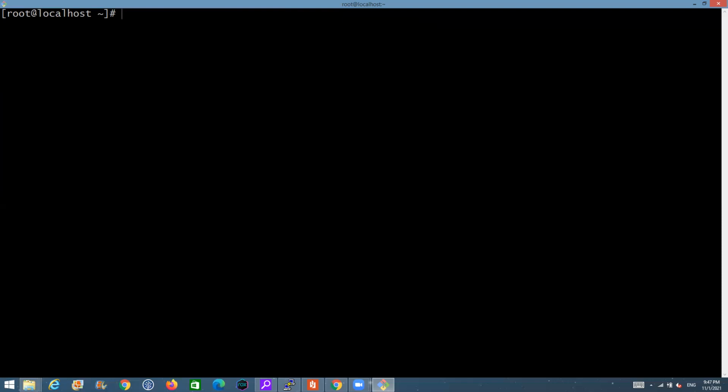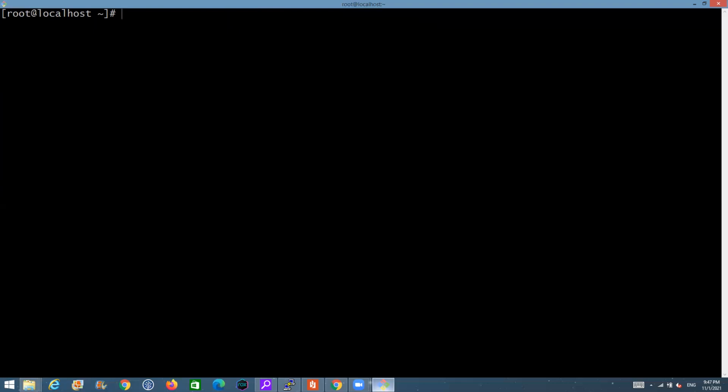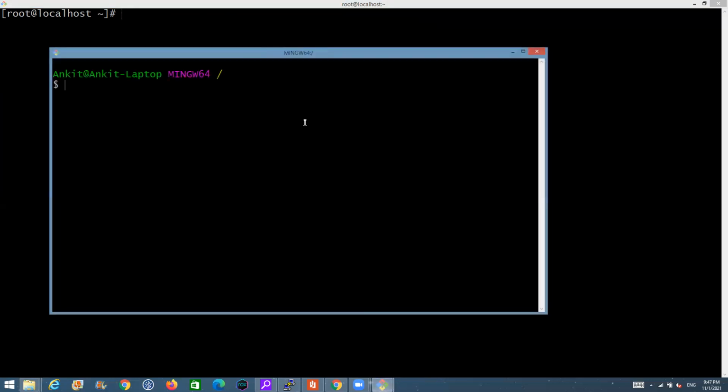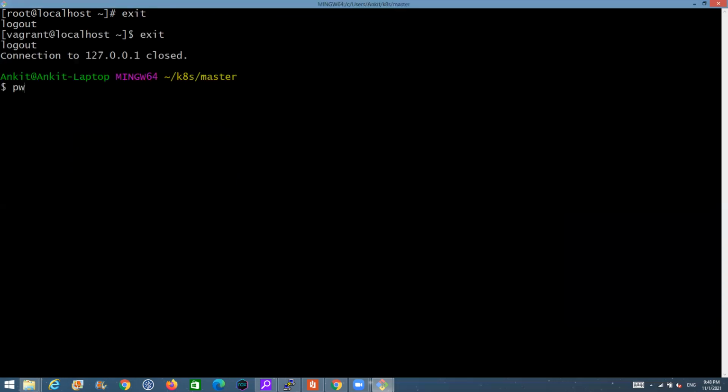Now this is the master, right? Kubernetes master. Let's say I will be using it for the Kubernetes master. Now what I want is another virtual machine. So what I can do is right click and say open one more terminal for git bash. If I see where I am right now, I'm inside the slash. Now I will have to check the location where this machine was created. So I will come out of it. You can type exit to come out of it.